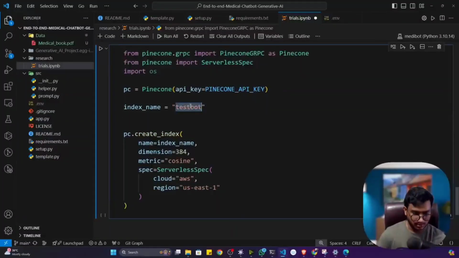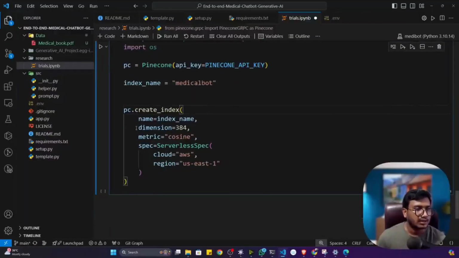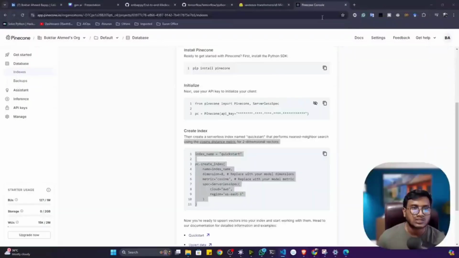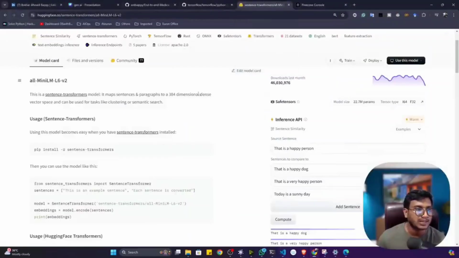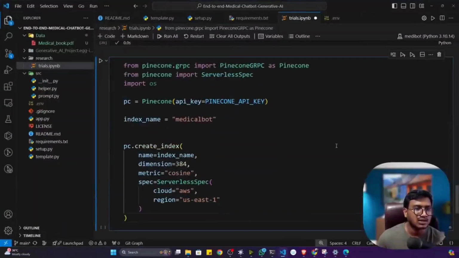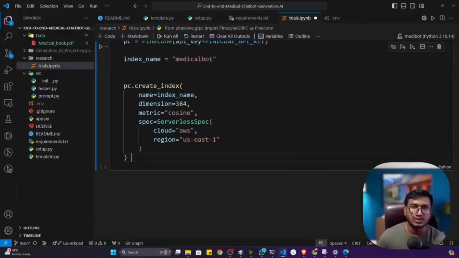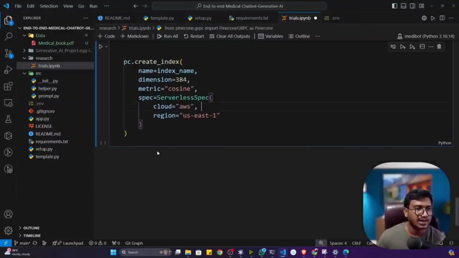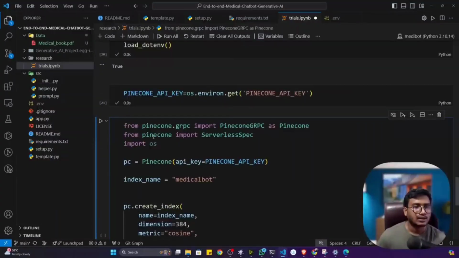Let's say I'll give medical bot. Let's say this is my index name. And here you have to give the dimension. So make sure which embedding model you are using and what is the dimension size. 384, that means it's fine. Keep everything as default: cosine, serverless, AWS, US East 1. No need to change anything because we are using a free cluster here. Fine. Now, once you execute this code,